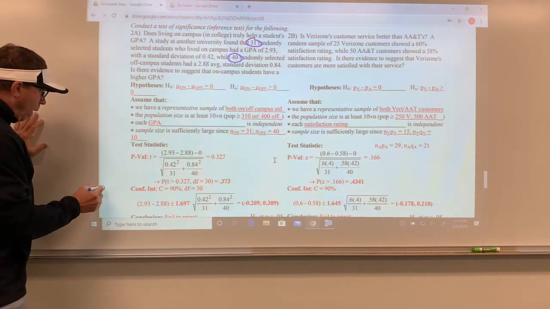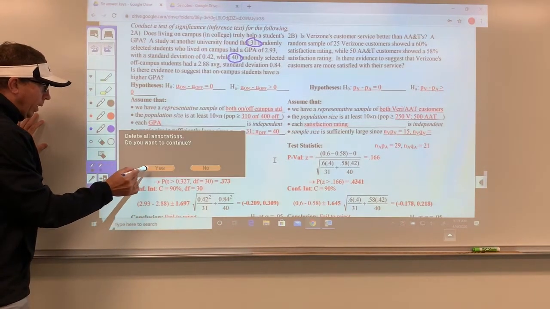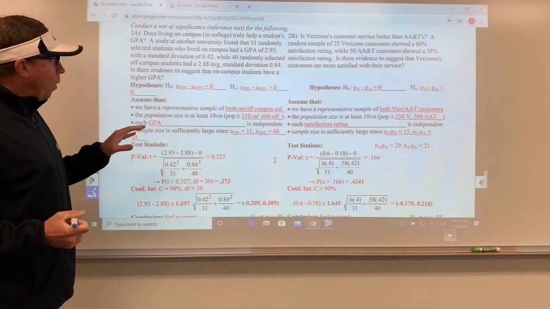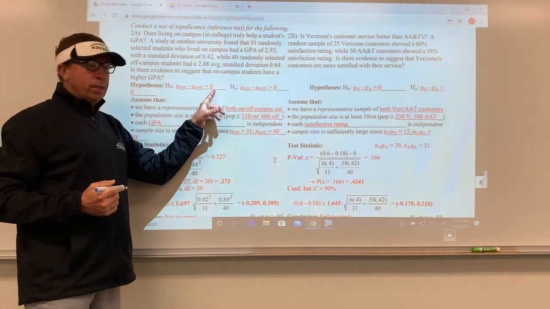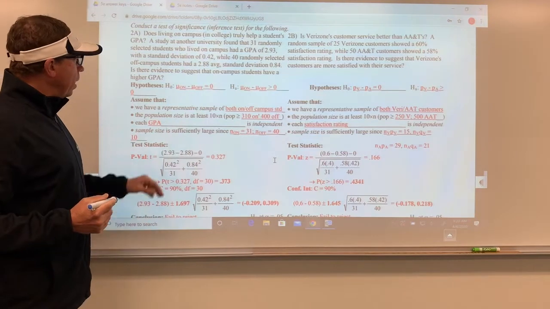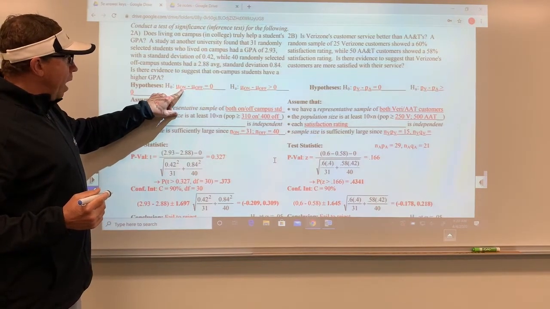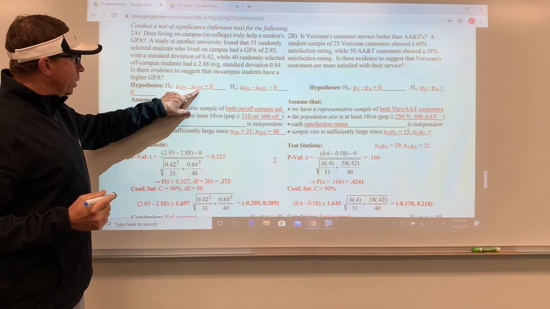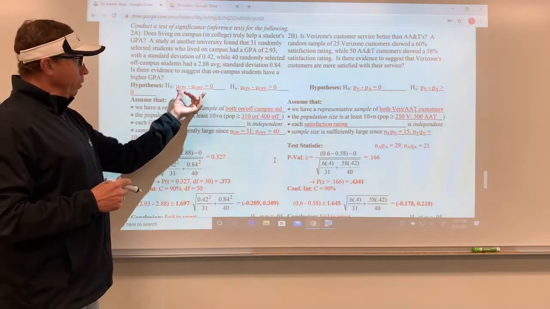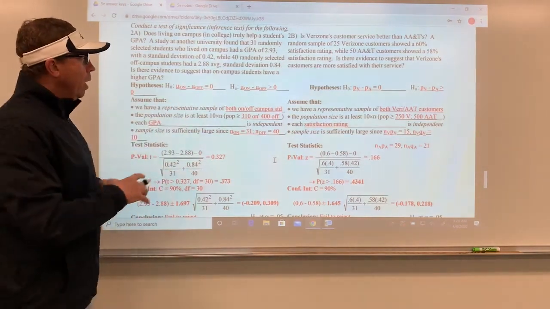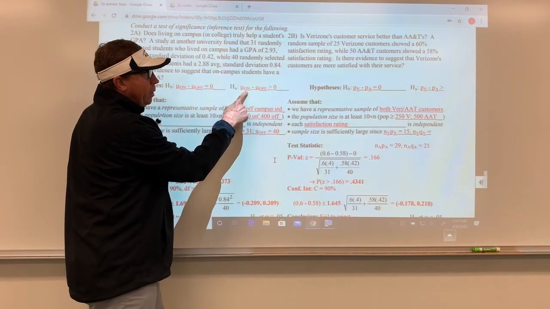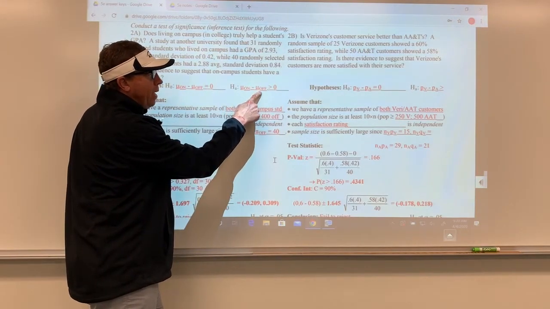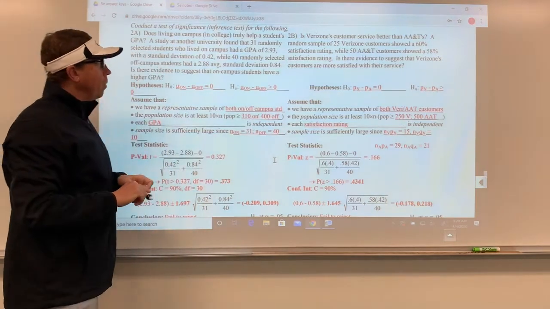Now there's a couple of ways you can write your H0 HA, okay? You can write it where the 0 appears and you see the middle of that curve. Okay, and this is the mean of on-campus students minus the mean of off-campus students is equal to 0. Is there no difference? Or is the mean of on-campus students minus the mean of off-campus students greater than 0? Okay, because that's what they want to